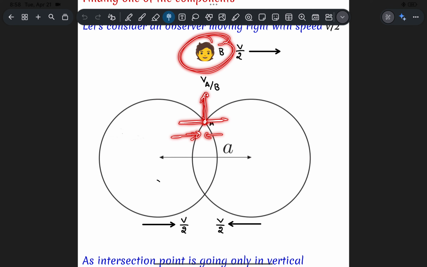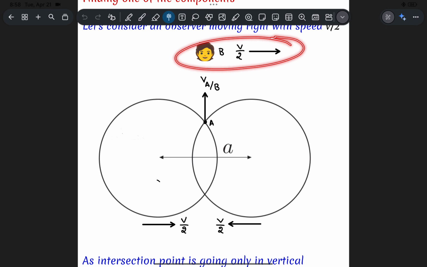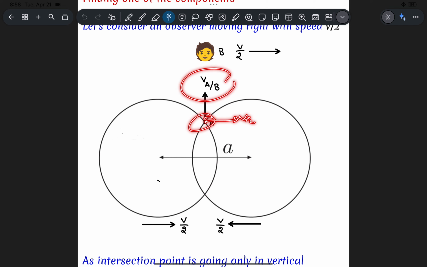That means with respect to the ground, this person has the same velocity as this point in the x direction. So if he is moving with v by 2, and he is not able to see any horizontal motion here, this is also going in the horizontal direction with v by 2. Now we are going to use this logic. I got one component of velocity, v by 2, in this way, and